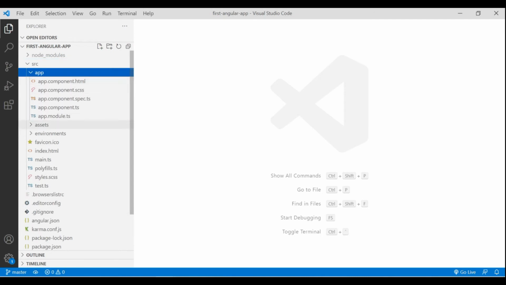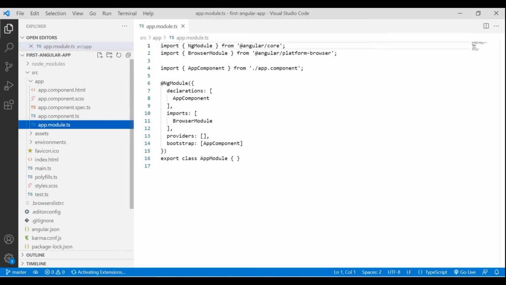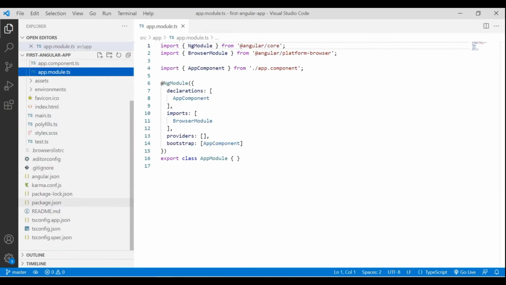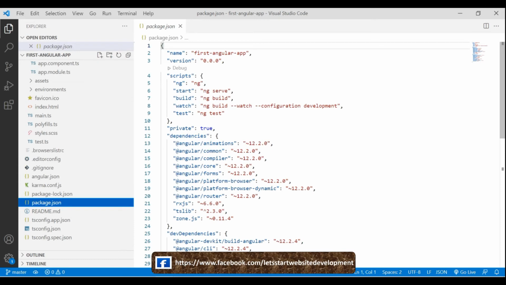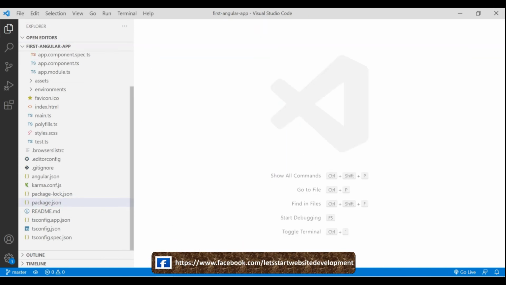Angular by default created one component. It's called the bootstrap component, and it contains the module file. And here one more important file is the package.json file. Here Angular added all dependency related information. Let's close this